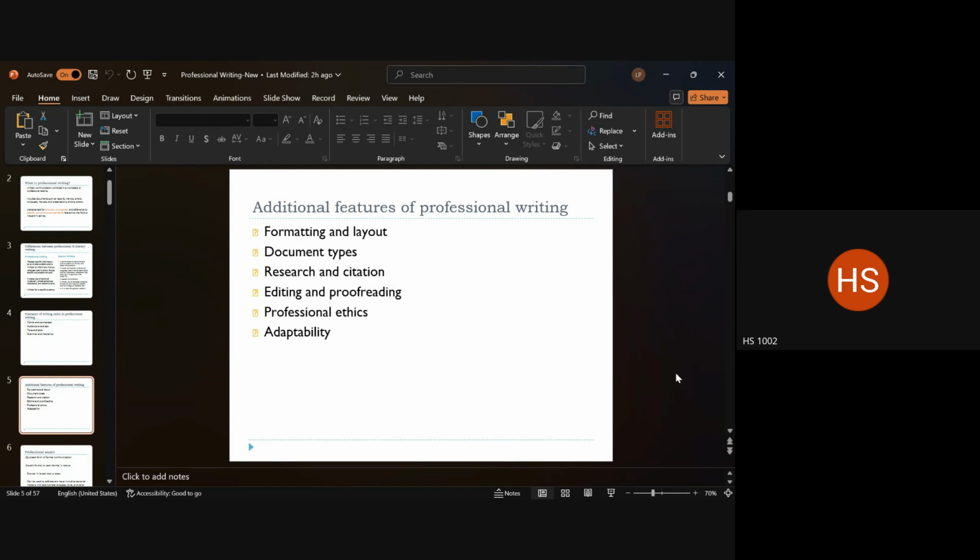All right. So these are some of the additional features that you would see in professional writing. Of course, formatting and layout. This I think we discussed briefly. Document types: you have to check whether you're supposed to submit it in the form of a report, or are you asked to submit this as more like a proposal document. Are they asking you to submit it like an internal report, or are they telling you to submit this as an externally done work, right? All of these document types you need to figure out based on the requirement of the organization that is asking you to write it, right?